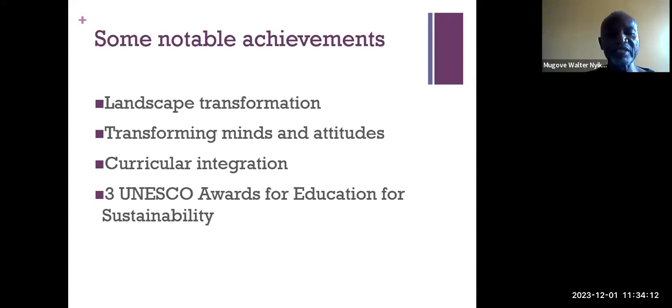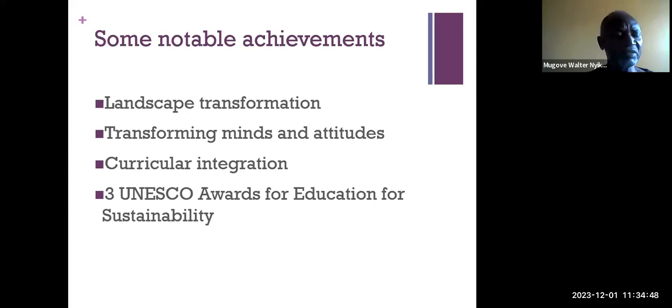within our network received 3 UNESCO awards for education for sustainability. The first one was given to one of our schools in Malawi, on the shores of Lake Malawi. The second one was given to one of our schools near Bulawayo, Zimbabwe. It's called the Sihlengeni Primary School. We recently had a similar award given to Schools and Colleges Permaculture Zimbabwe, for their work in the implementation